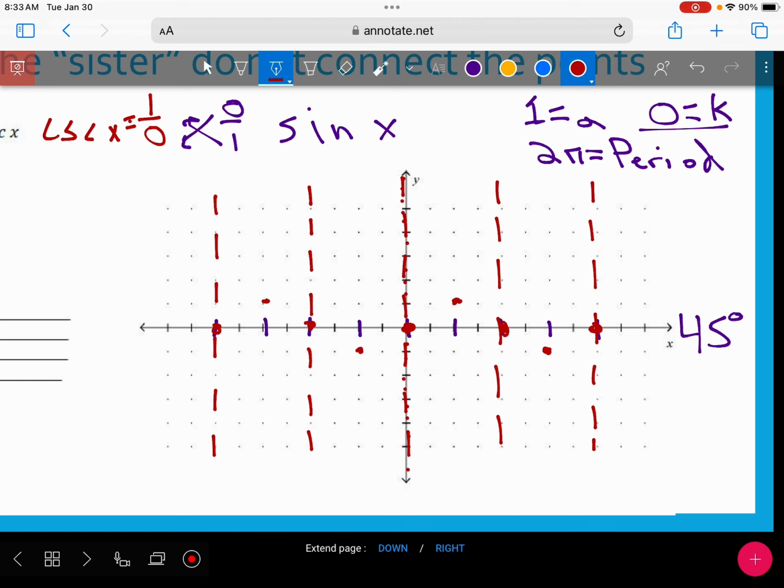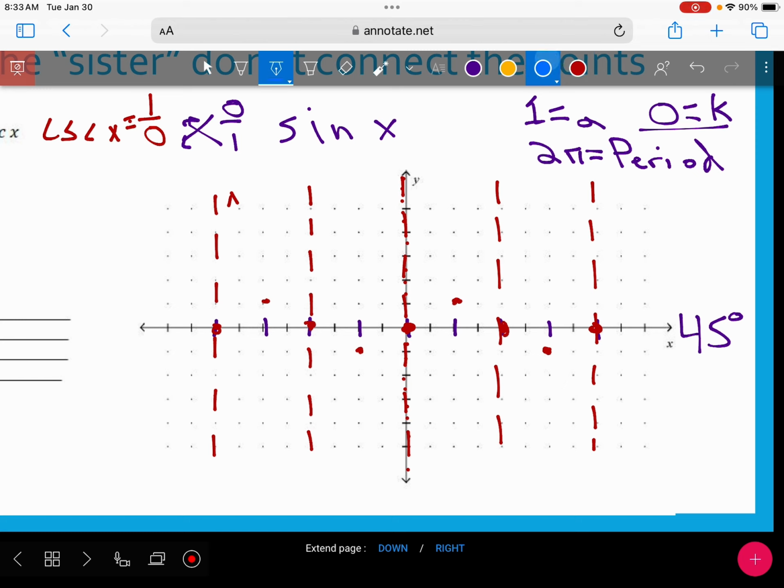Good. So now, like I said before, these aren't parabolas, but one way to think about it is the high points are going to be the minimum of an upwards opening parabola, and the low points, or the k minus a points, are going to be the vertex or the maximum of a down opening parabola. So the way we would draw this,